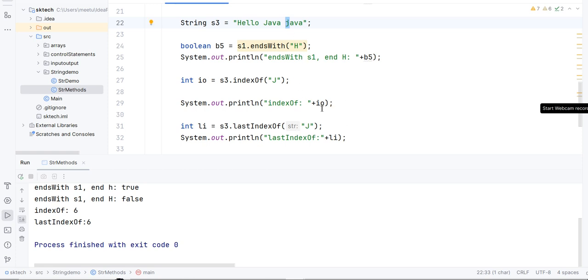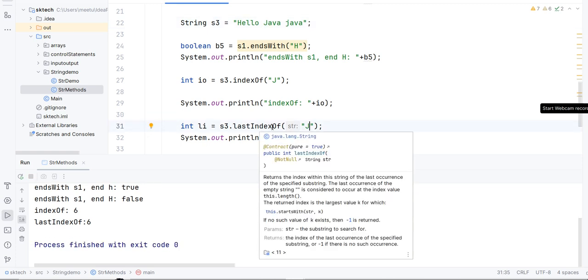In this case, earlier it was printing 6, right? Because it was available at position 0 1 2 3 4 5 and 6. It is going to search the whole string and see where it is available at the last. So in this case it is going to print 0 1 2 3 4 5 6. It found that, but it will again check whether this is the last one, or whether it is also available in some other positions. So what is the use of lastIndexOf?